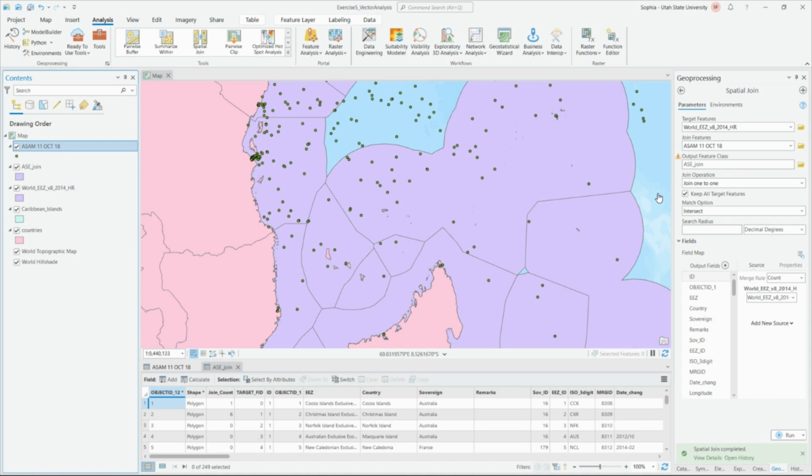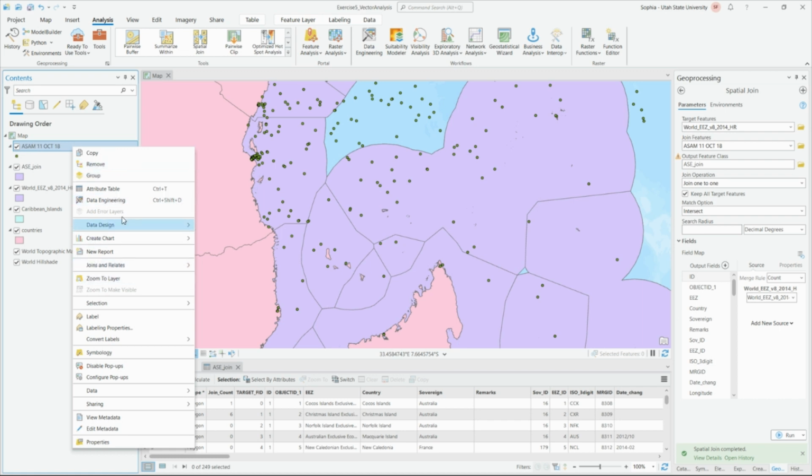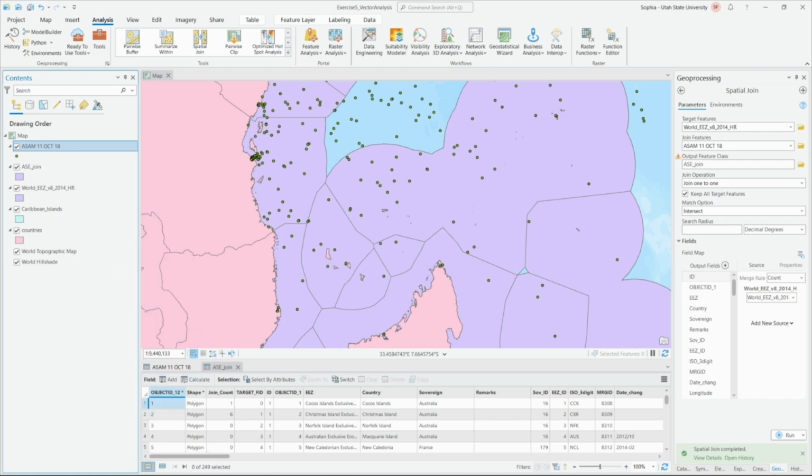For me personally, I like to keep my data as preserved as possible. So if I have to go back and adjust things or start over, it's not as painful. So in the future, I will probably use our geoprocessing tool that creates a new feature class and not do it directly through here. Regardless, you should now be able to answer question 5